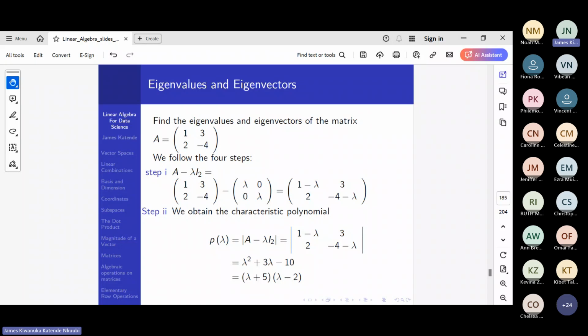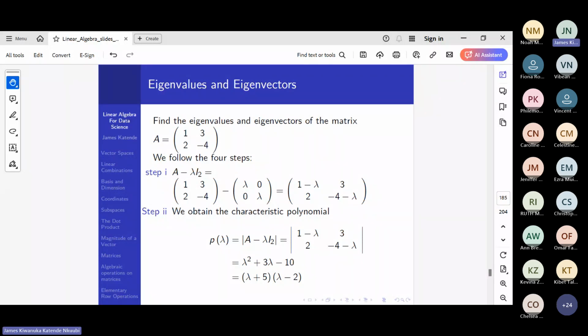So this one says find the eigenvalues and eigenvectors of this matrix A. Remember, there are several steps. The first step is to get this difference, A minus lambda multiplied by the corresponding identity matrix. So if you multiply lambda by the 2 by 2 identity matrix, this is what you get. If you subtract it from A, this is what you get. If you get the determinant now of this 2 by 2 matrix, it will be a polynomial of degree 2 in lambda,